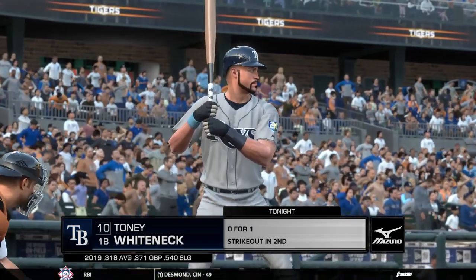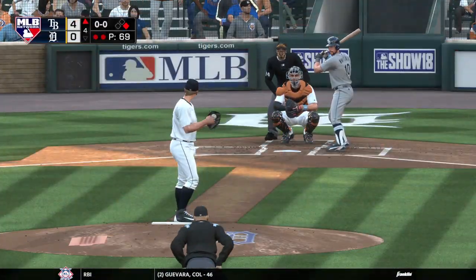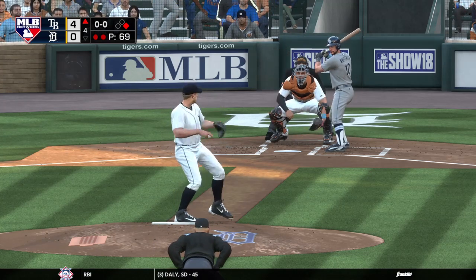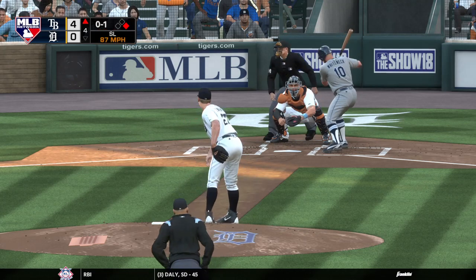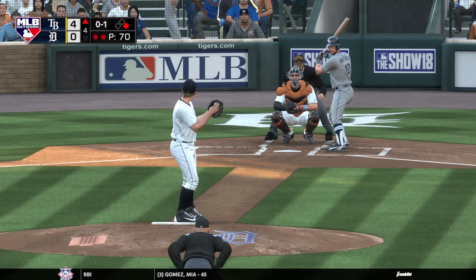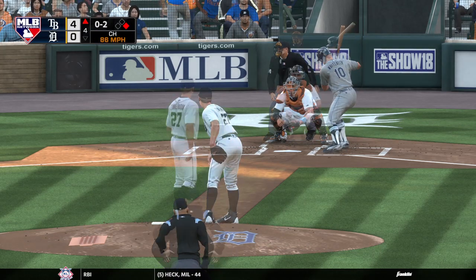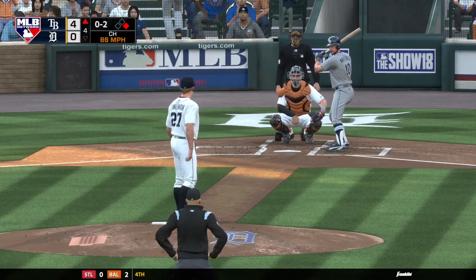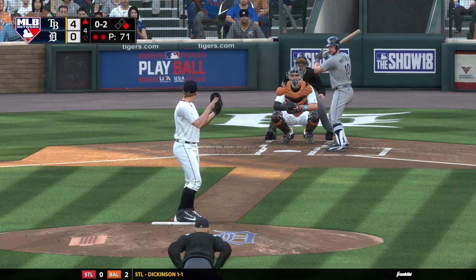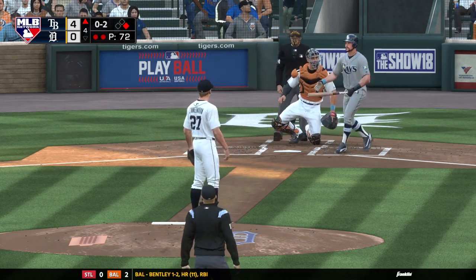Stepping up to the plate, Tony Whitenet. He'll look to bounce back after striking out his last time up. First pitch of the at-bat on its way. Slider right over the middle, taken for a strike. A good knee-high changeup taken for a strike. Hey, that's a huge pitch for him right there. He's been struggling early. If he's able to get any feel on his secondary stuff, he might be able to hang around a